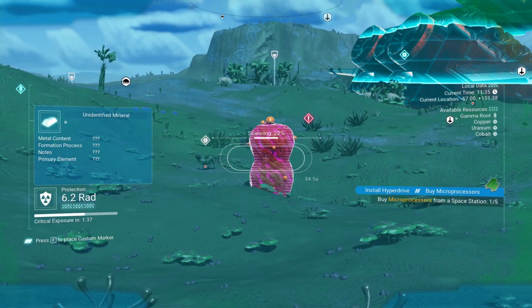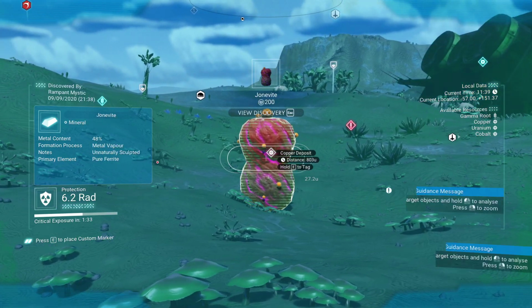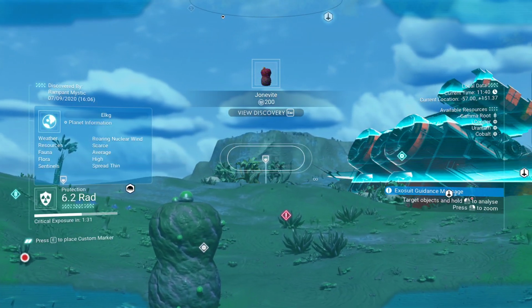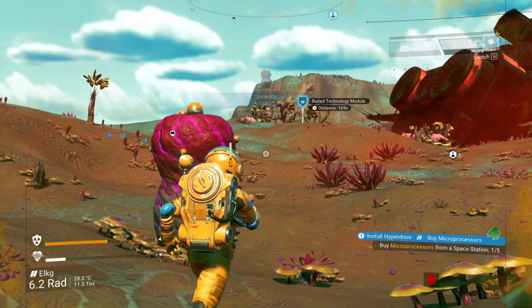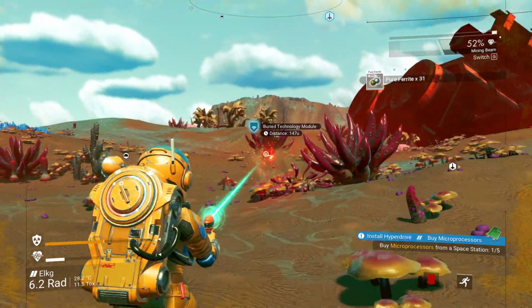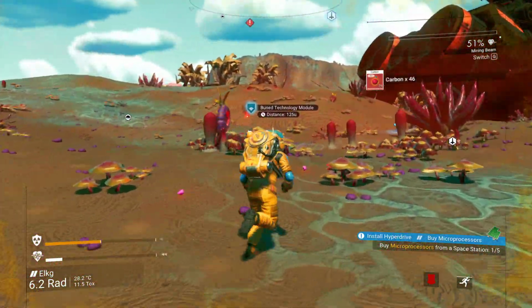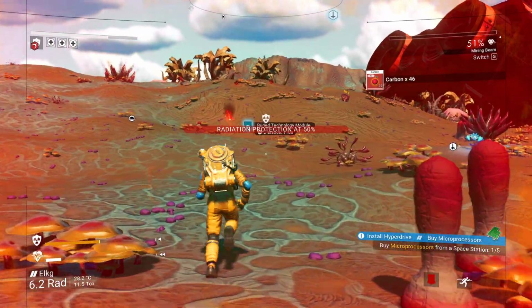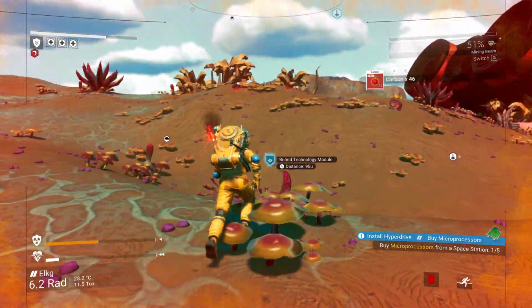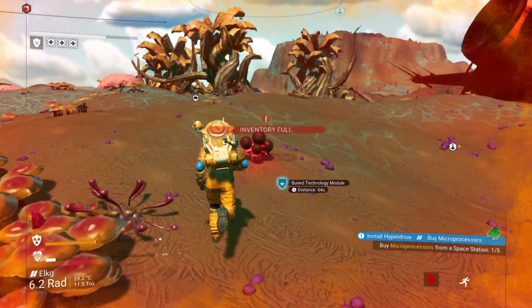What is that? Let's actually see what that is. Oh, there's the other one I wanted to take. That's just pure ferrite. I mean, I'm saying that as though I don't need it, or won't need it, but I will. Thing is, we're going to need a lot of resources early on. Later down the line, not so much, because most of the resources can be bought, especially things like pure ferrite, ferrite dust, all those things can be bought from a trader, so...